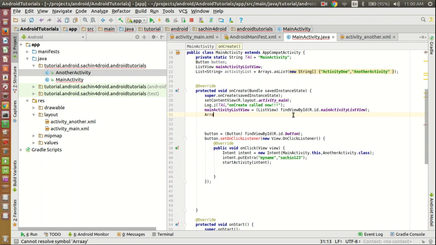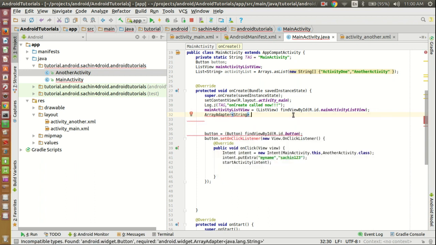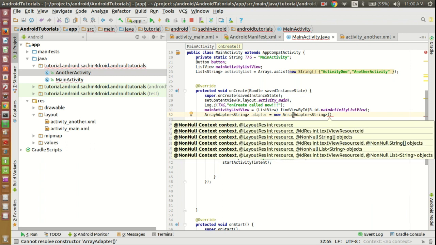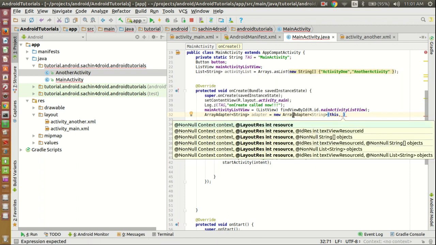Array adapter. This is the type string I have specified. Then adapter is equal to new of array adapter of string, and in the array adapter, first is the context, so I will pass this. Second one is the